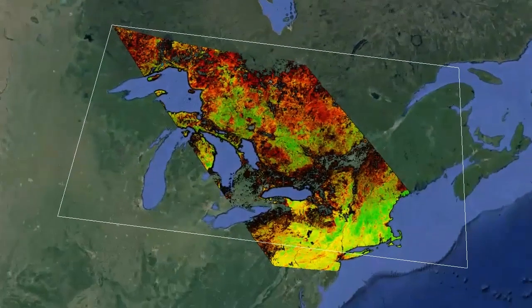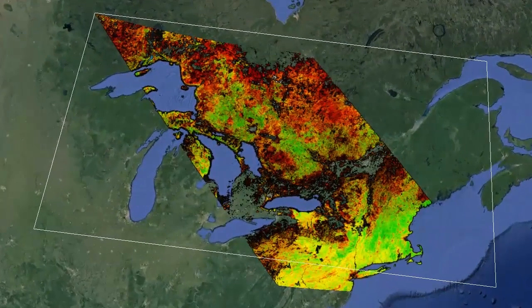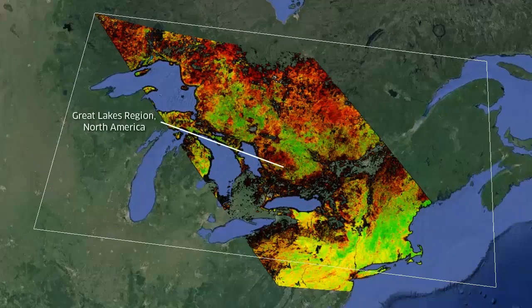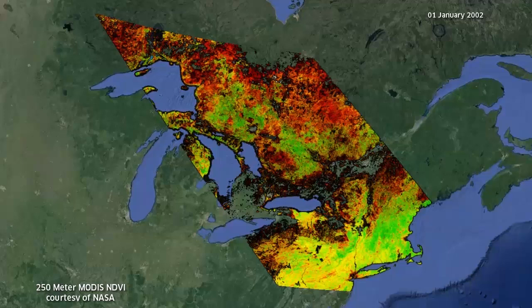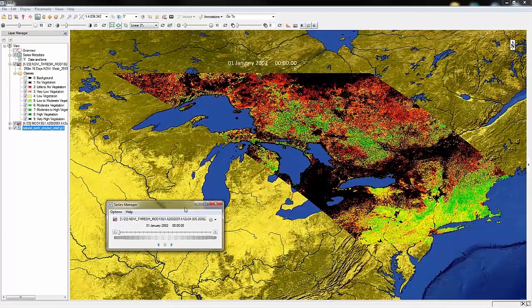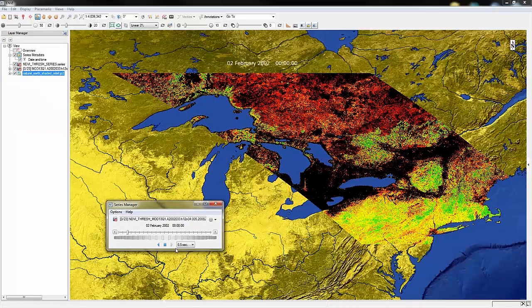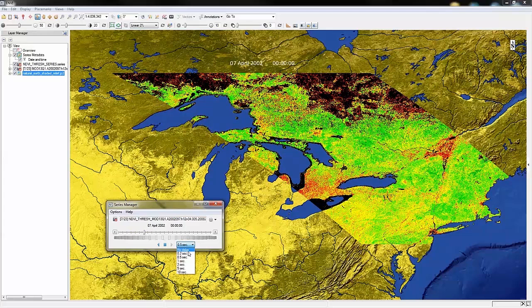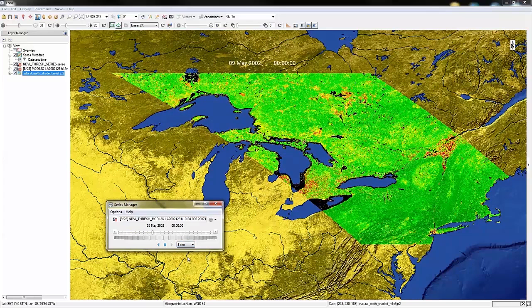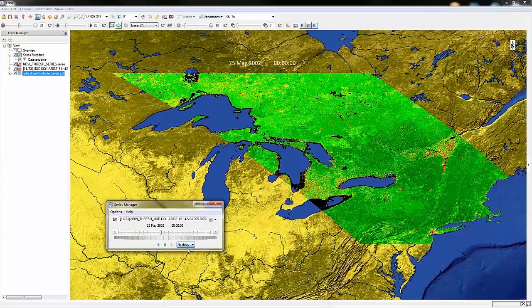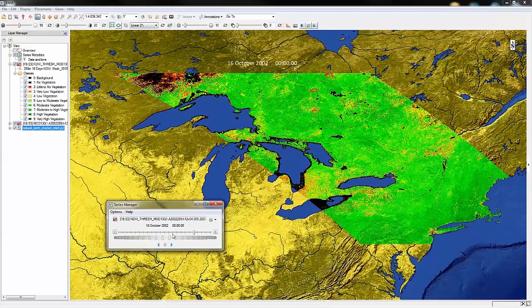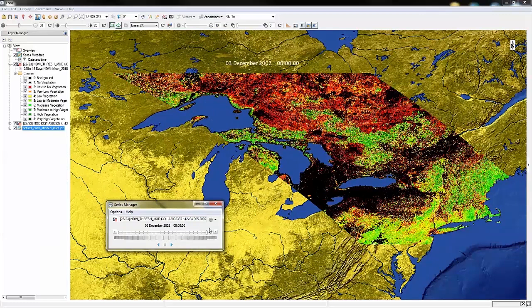In our next example, we will turn to the Great Lakes region of North America. We have a unique data set from the Moderate Resolution Imaging Spectroradiometer aboard NASA's Terra satellite. This dataset contains 16-day NDVI values throughout an entire year. In ENVI, we can use our series manager to play through the rasters contained in the series. We can adjust the interval time between series, we can stop the series and click backwards or forwards through time. We can load the currently displayed raster to the ENVI display, or we can export the series to a movie